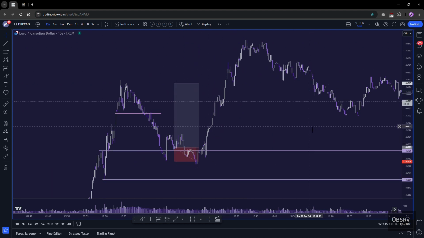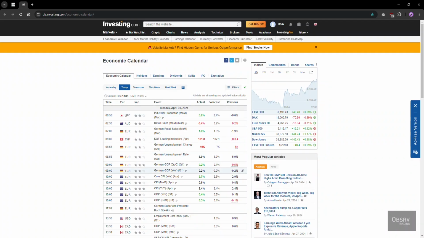So there were a few news events for Euro today, and that's what I was trading. We had the German GDP, well, we also had the German unemployment rate, we had Euro CPI, we had Euro GDP, and we had a speech after. So going back to the chart,